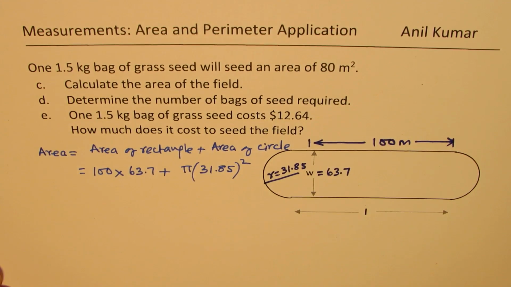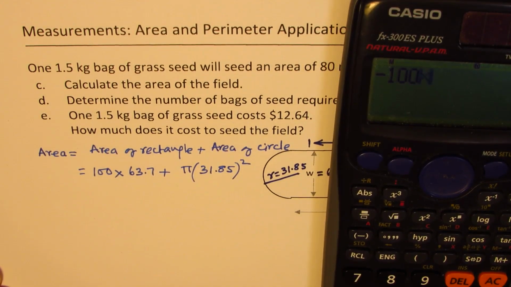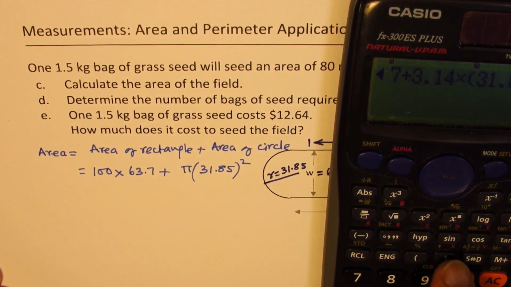So we can calculate this area now. So we have 100 times 63.7 plus 3.14 times 31.85 square,